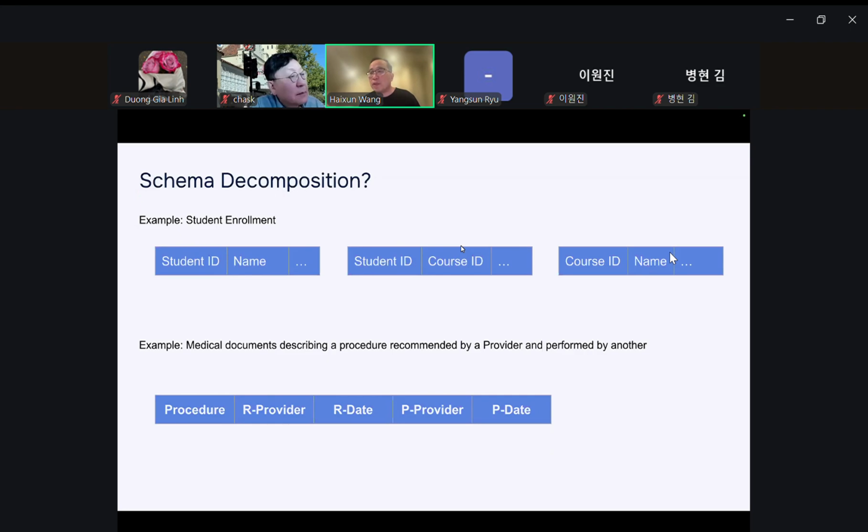And in your schema, you have this record which talks about the procedure recommended by Dr. A and then later on performed by Dr. B. But in your documents, these two things will be talked about in two different medical documents separated by 3 months or 6 months. They are not together in one segment, right?